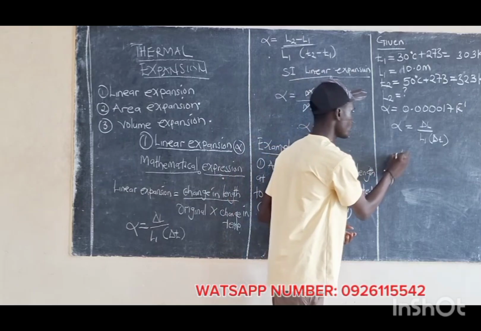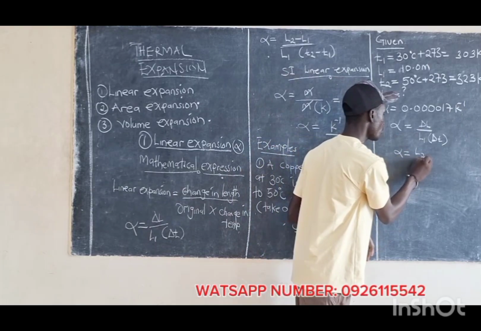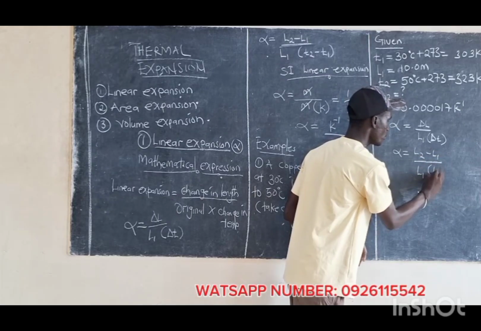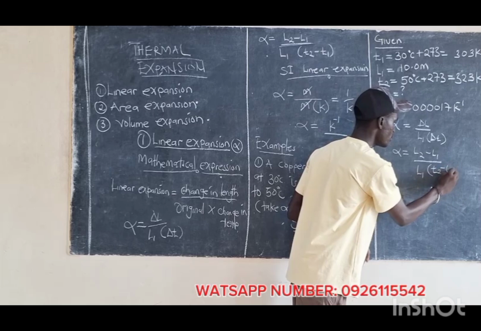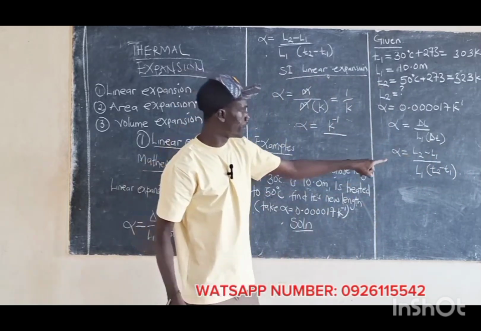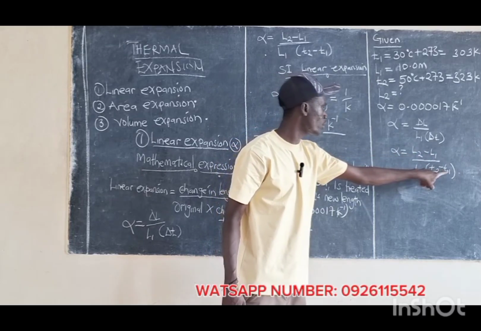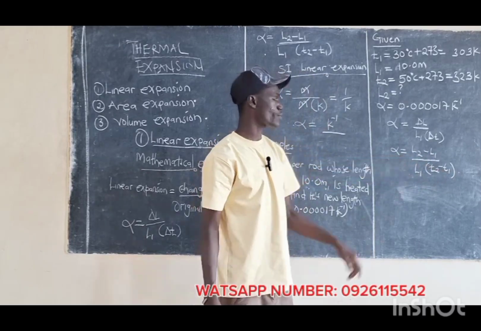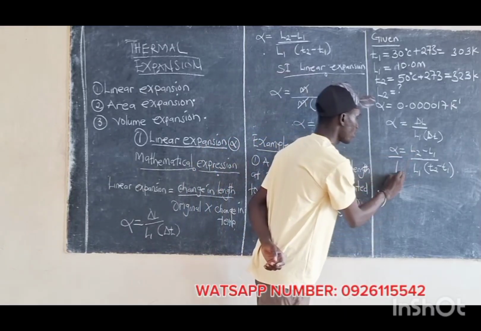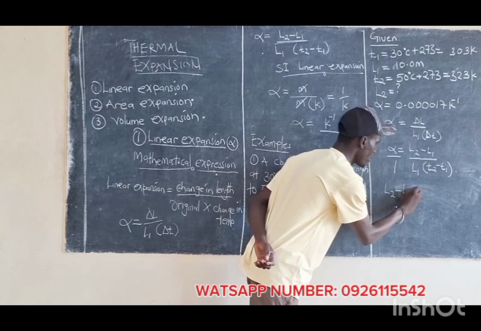We say that it is also the same as alpha equals change in length, which is L2 minus L1, all over L1 into T2 minus T1. This is what we are looking for. We have L1, we have T2 and T1, and we also have linear expansivity. To make L2 the subject, we cross multiply. This one comes here, L2 minus L1 equals